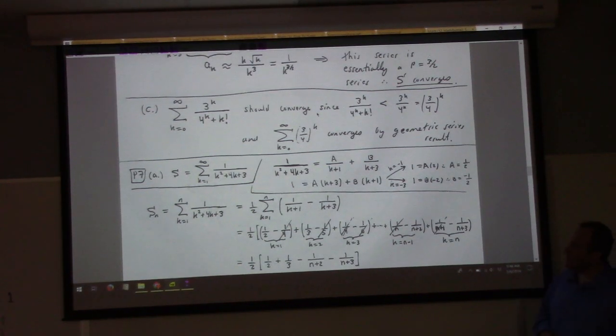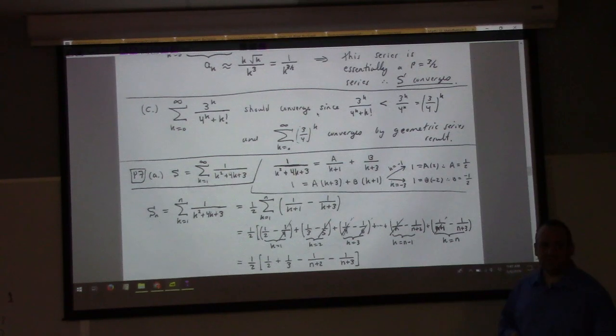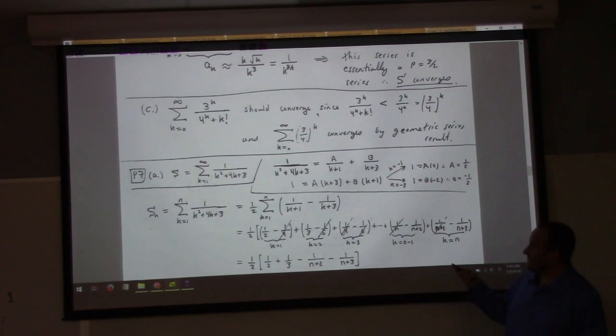This one here, oh, there it is. So what do you guys think about this one? What I said was definitely convergent because I just look at it essentially and go, k factorial wins. And honestly, we've already worked out that 3 to the k over k factorial is convergent. So I know this is convergent because it's smaller than 3 to the k over k factorial, which is something we already worked out in class. I mean, that would be another legitimate reason. But here's a self-contained reason: this is less than that, is less than that.